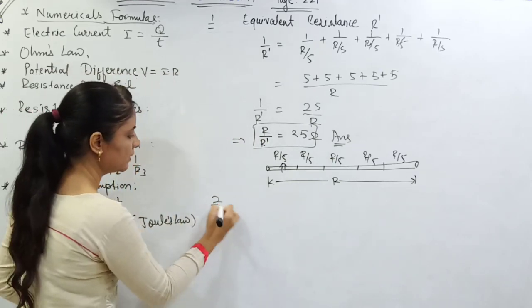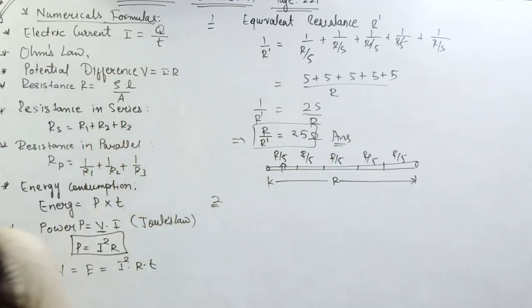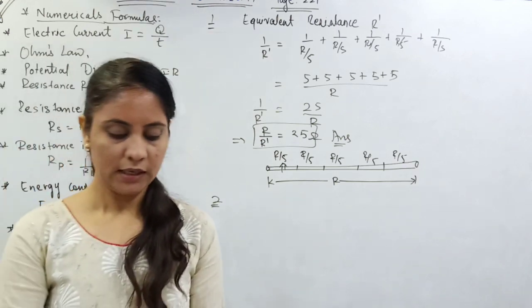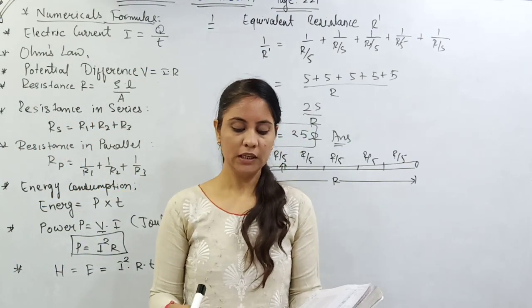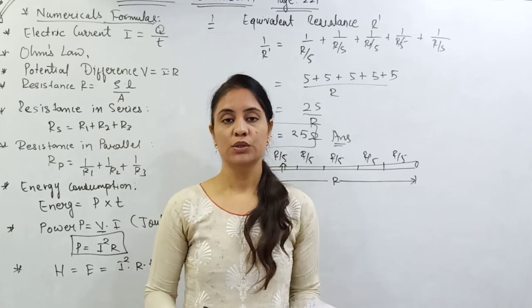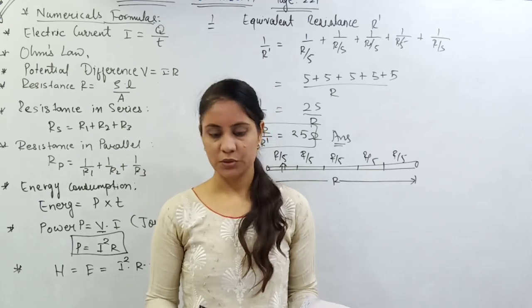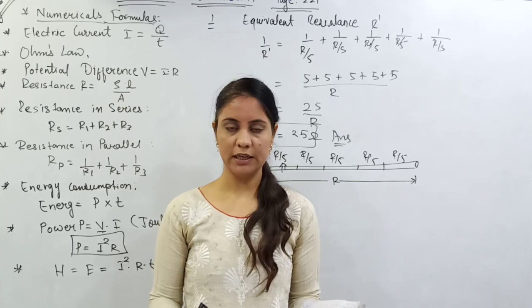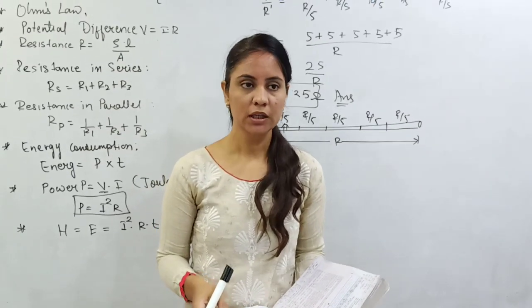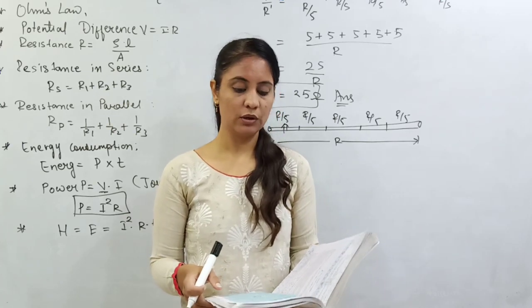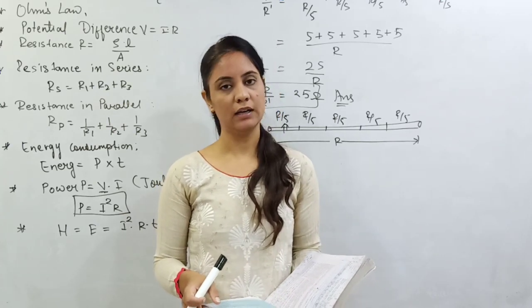Okay, the second question is also given, everyone. I am just reading the question for you. Which of the following terms does not represent electric power in the circuit? Out of all the options, only option B does not show electric power in the given circuit. So your answer will be I multiplied by R square.